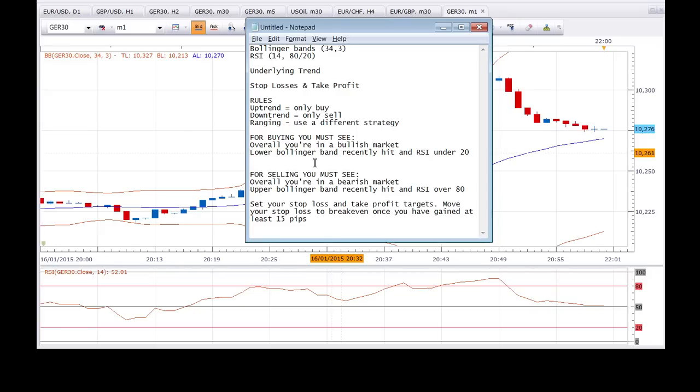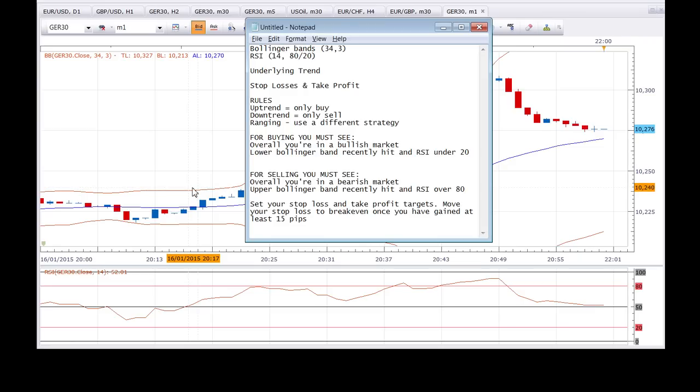Okay, so that's for buying. Now, we're assuming that this is because the DAX is in a bull market at the moment, but obviously we are going to see times where we are in a bear market. And for a sale, as in to go short,